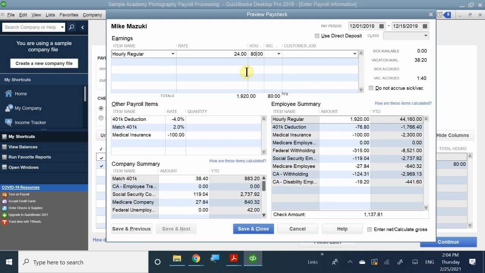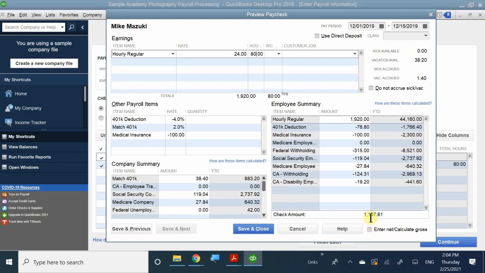Of course, because he is a full-time employee, he is subject to also contribute to his 401k plan and medical insurance. Because he's a waged person and doesn't make that much, he only made $1,900. And again, it's calculated here. So that means his paycheck is going to be for